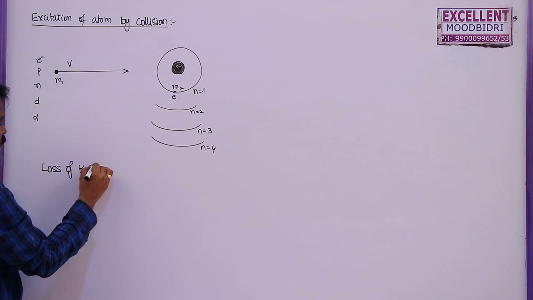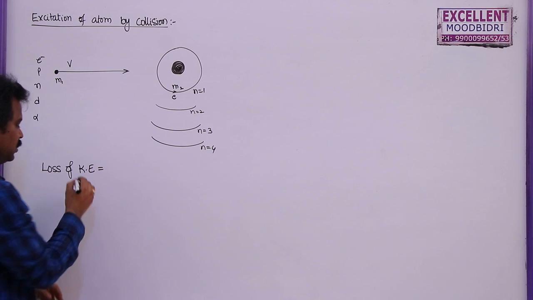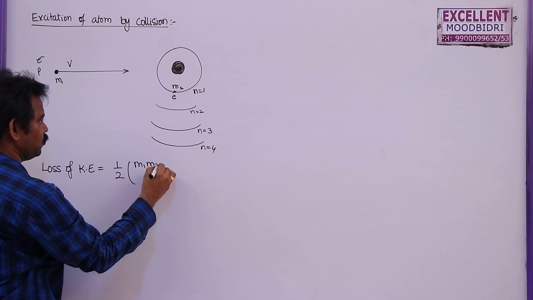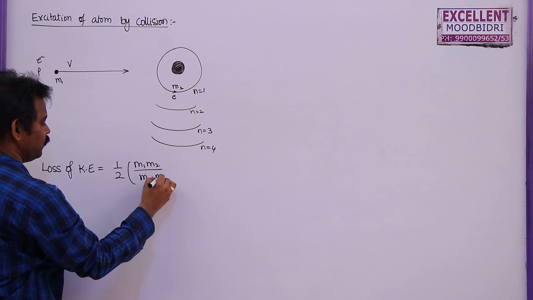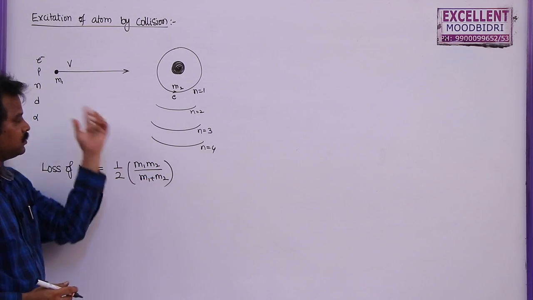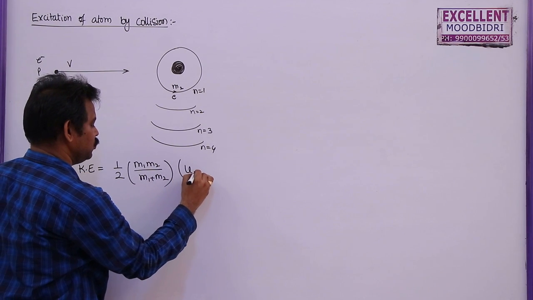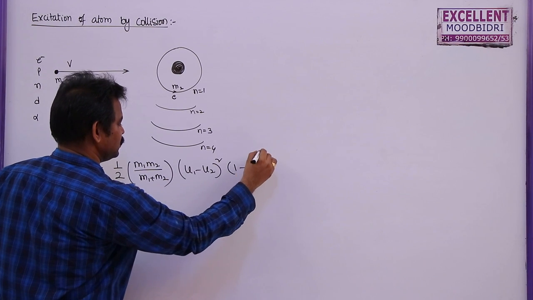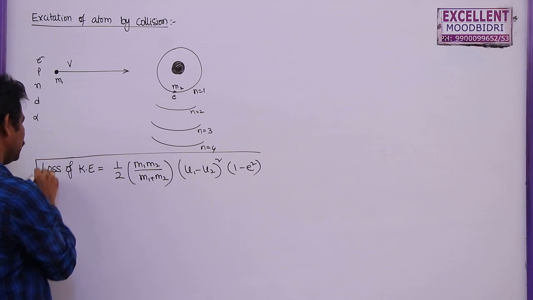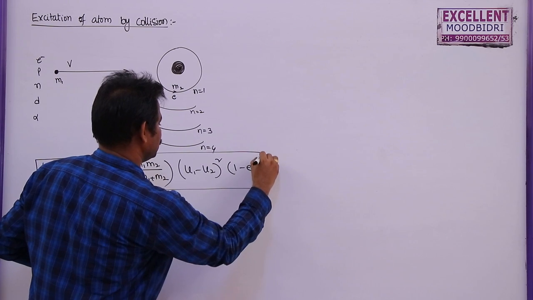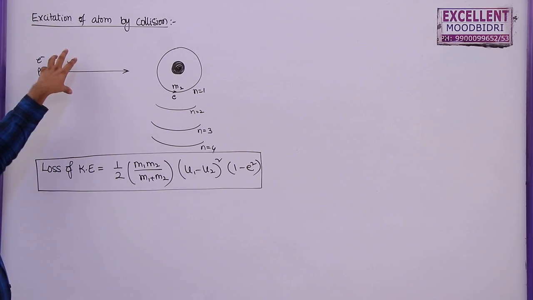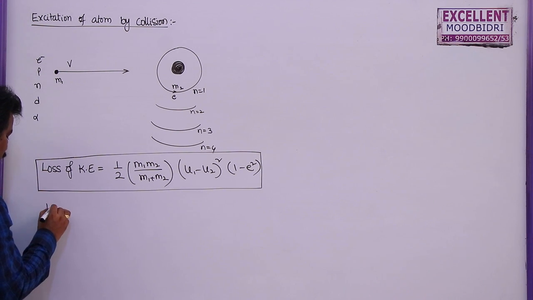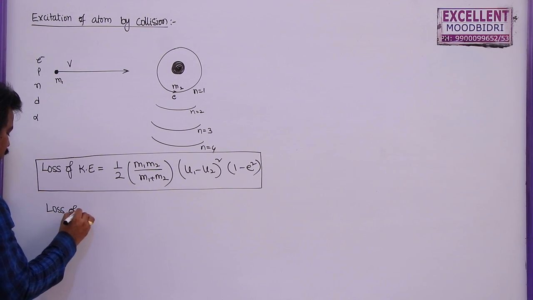In first PUC collisions, we studied this loss of KE as half into m1 m2 by (m1 plus m2). This is the reduced mass of the system, into (u1 minus u2) whole square, into (1 minus e square). This is the loss of kinetic energy in a collision. So here also there is a collision between a particle and an atom. Now, this loss of KE is given by